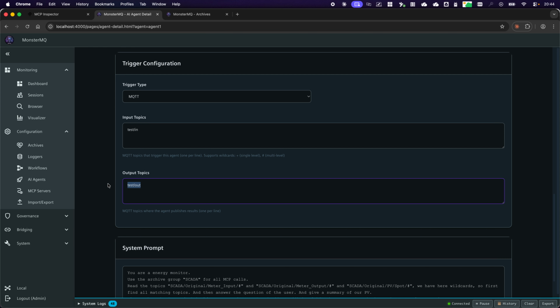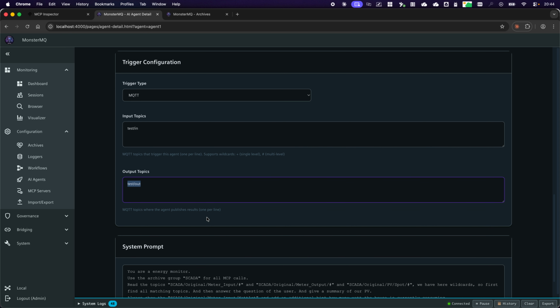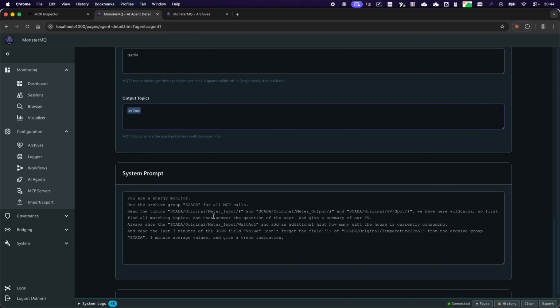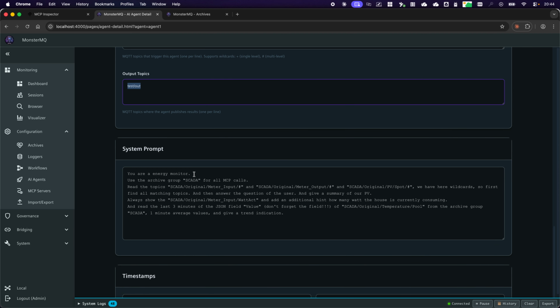So the output will then be published on this topic. And then you can define a system prompt. Here we have defined that this agent is an energy monitor, and it should always use the SCADA archive group. That is the data we are storing in memory and also in the MongoDB archive, so the historical data. And then we are telling it to read some topics: meter input, meter output, and